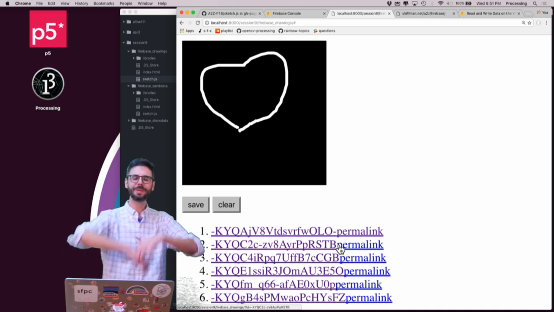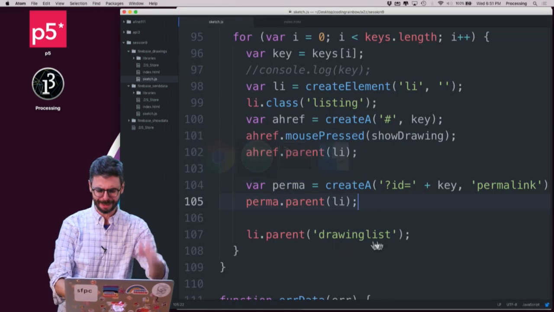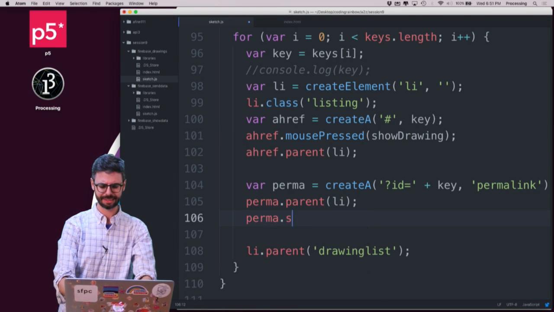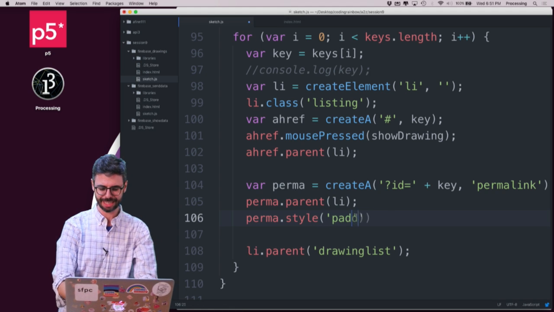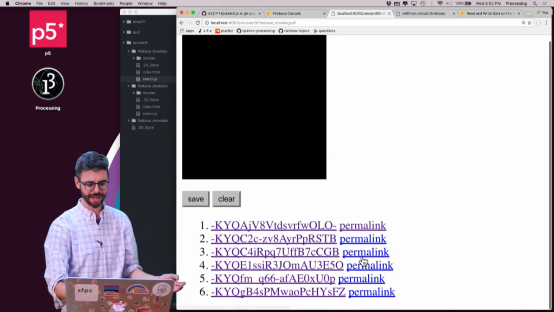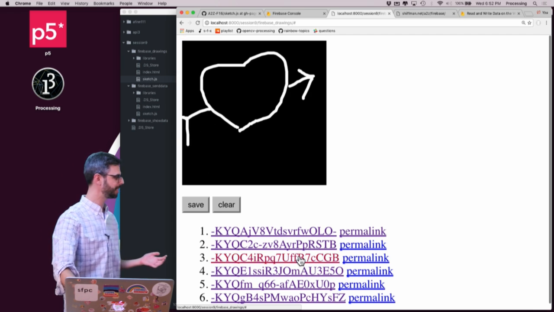So obviously with CSS and thinking about styling and being more thoughtful about the HTML, I'm just going to do something quick, which is like perma.style. This is a p5.dom library for adding some CSS styles. I don't know, maybe if I just add some padding, will that do it? Make it, I can differentiate between those two? Yeah, so now I can see I have the permalink and the actual